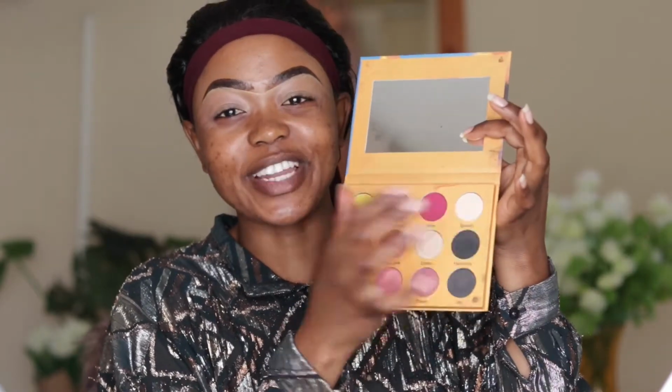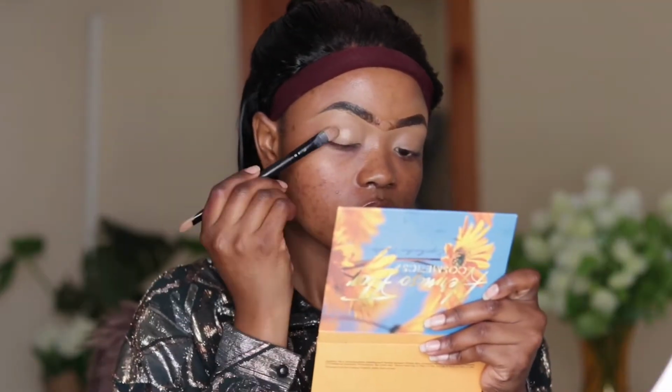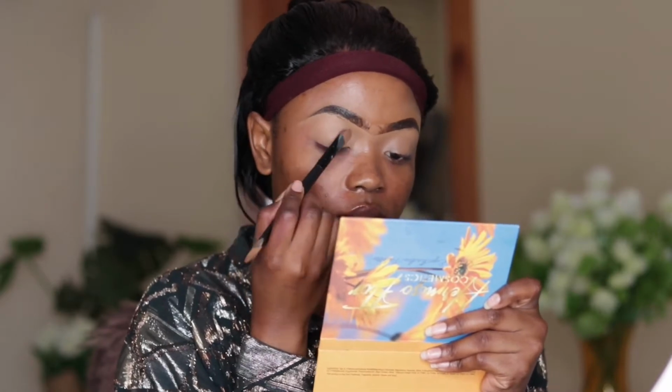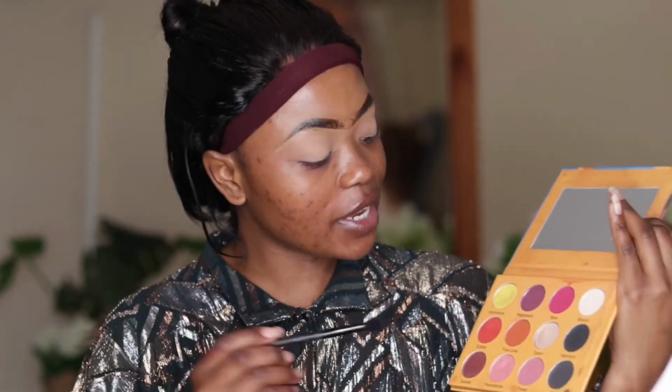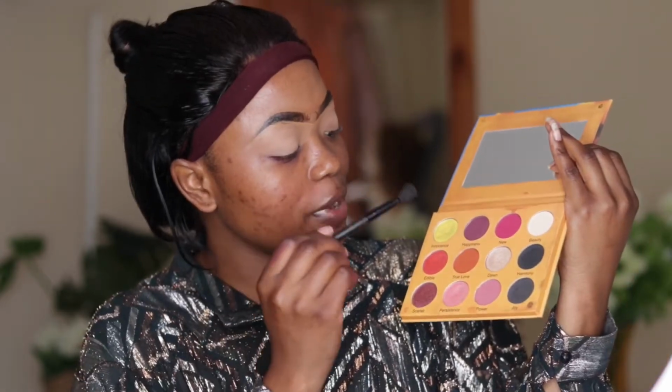I'm actually going to start with this color called Beauty, and I'm just gonna use it to set my concealer so that I have one down. Because my aim is to actually start with the lightest colors. I want to go in with this color. I don't know what color. Okay, let me go in with